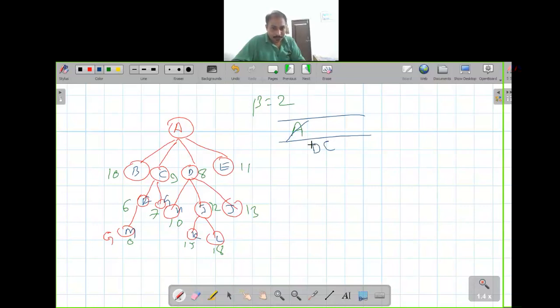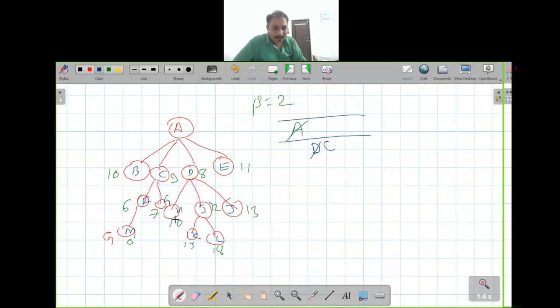Now D at the top of the queue is the head, so we will remove D and explore D. When we explore D, again we will see two best, from D, 10, 12 and 13.